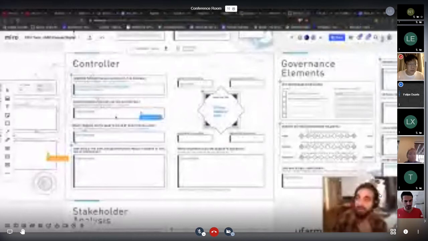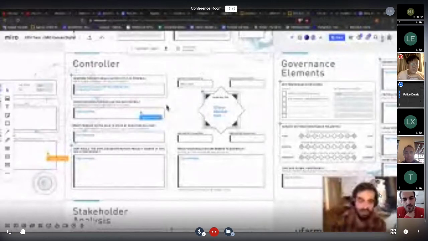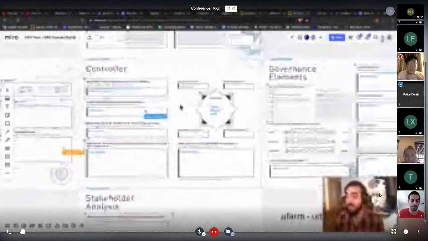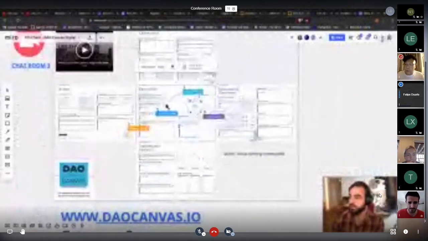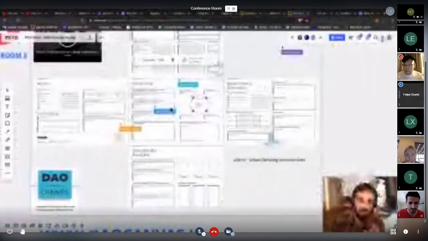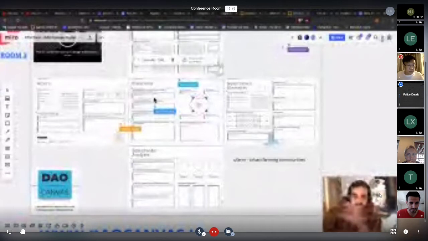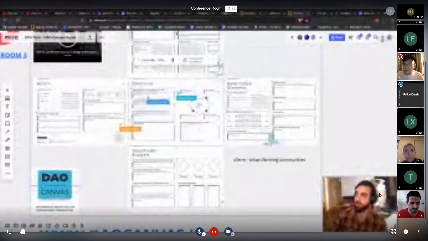So the thing is, in a real life setting, the participants just work together. So I want you guys now to take over and just fill out this canvas, in this specific order. You're going to focus on the blue dotted lines first. I suggest following this order, at least in terms of what you're agreeing about, and then separate. So you can go controller, community, governance, stakeholder analysis, actors. So it's like a little spiral.